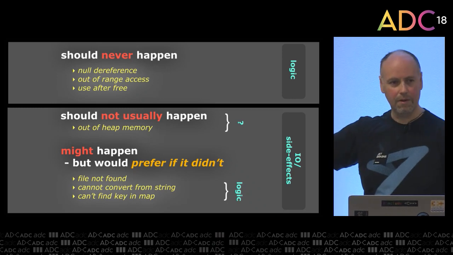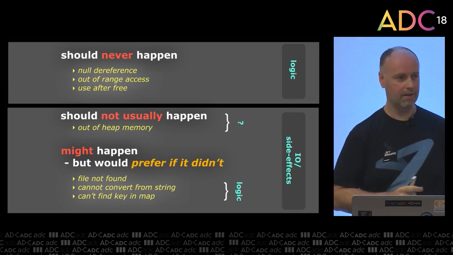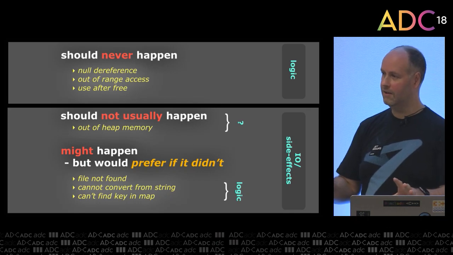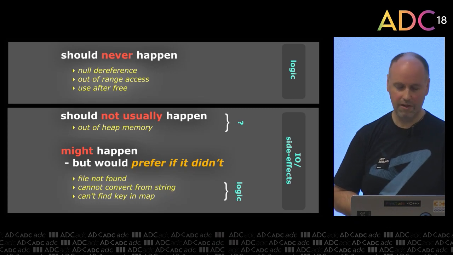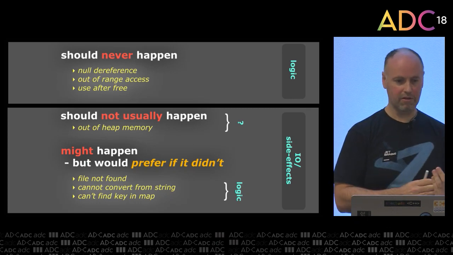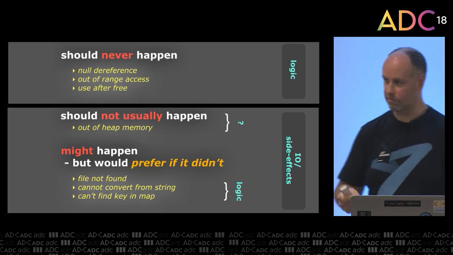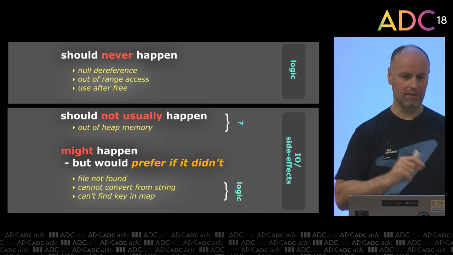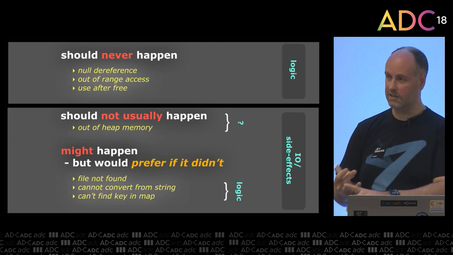We didn't really say that, but actually the recommended approach to treating the top category is to terminate at that point by default. That makes things a lot simpler, but obviously there are some categories of system where that's not the right approach. So we're only saying doing this by default, but you can still have control, both in terms of calling a version of new that returns null, for example, or setting the new handler so that it doesn't have this behavior. So you can still back out of this. But for most people, it makes sense for the default to be, don't worry about out of memory. And then we only have to worry about the top and the bottom categories. So we'll treat that a bit off to the side.